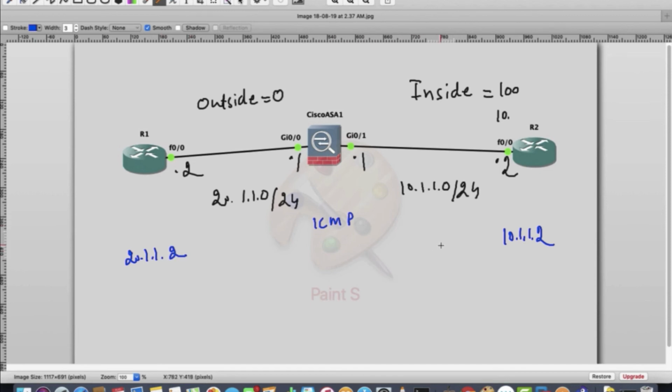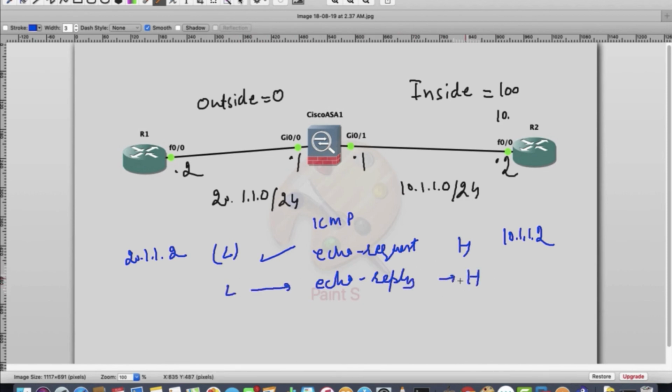When the ICMP packet was sent, the first packet, we know the echo request went, right? It came to the ASA from the higher security level to the low security level. Actually, when the reply comes, it comes as a new packet. It doesn't come on the same packet. The echo reply came from lower to higher.